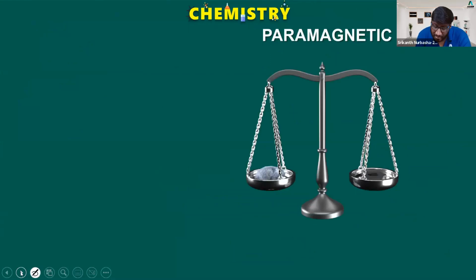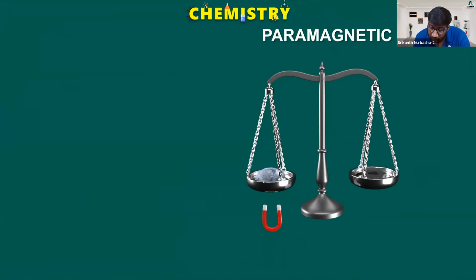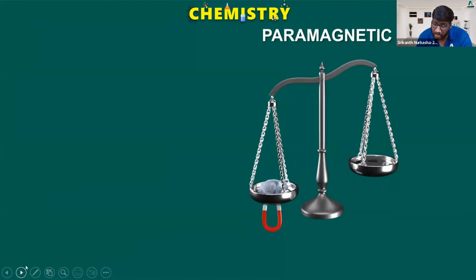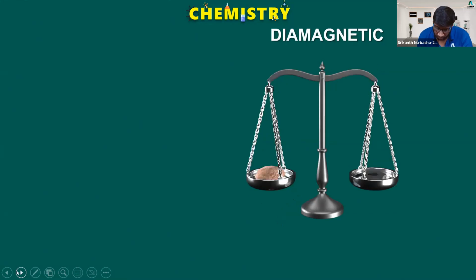So this is how paramagnetic substances behave. You have 2 weights, and here we have one substance placed, and you are bringing out the bar magnet now. Because of the bar magnet, what happened? Whatever substance is placed here is attracted by the bar magnet. Initially, both the weights are the same, but on one side you have a paramagnetic substance. So I have taken a bar magnet to that side. The bar magnet is attracting the paramagnetic substance weakly. Because of that, it comes down, so the other weight moves up.